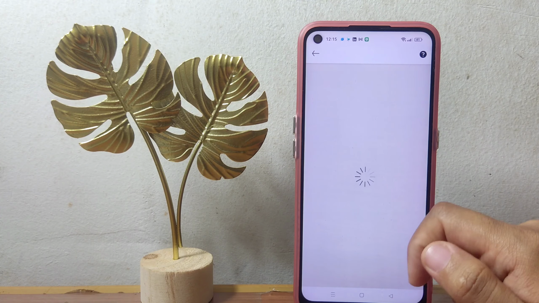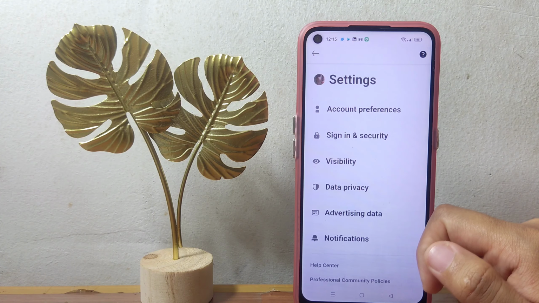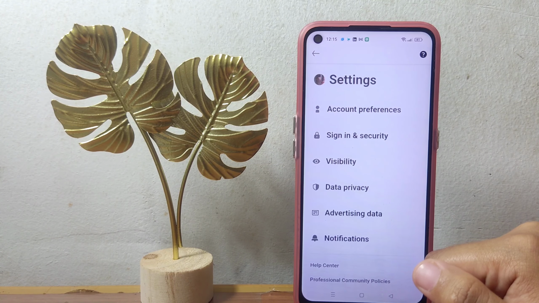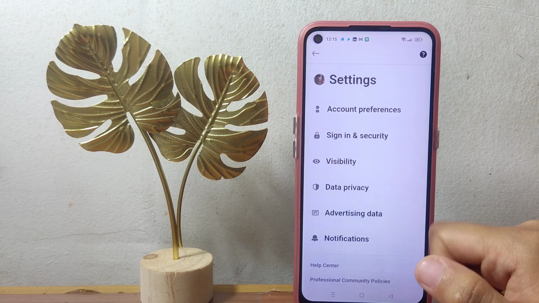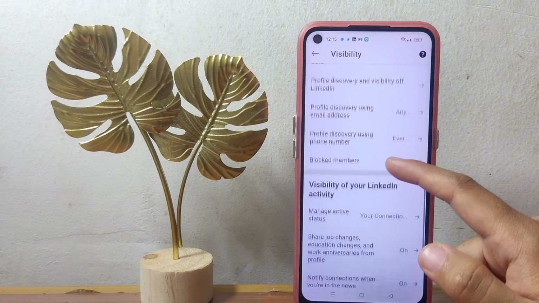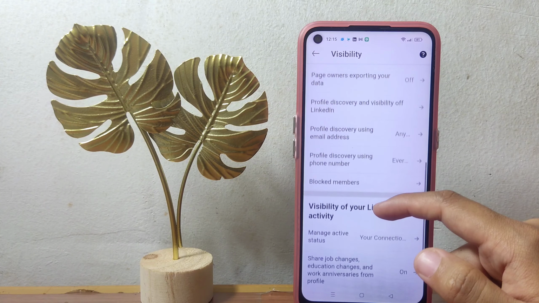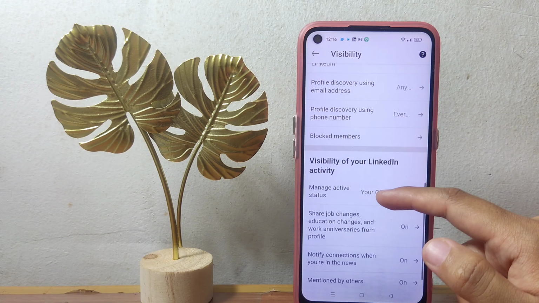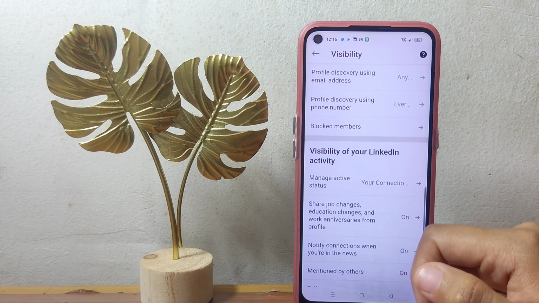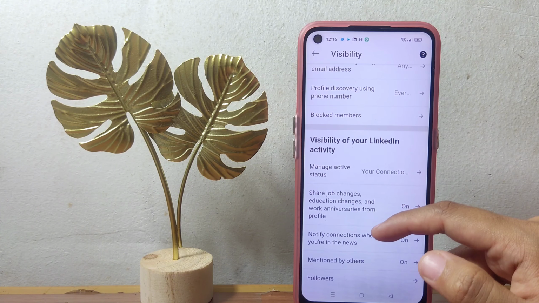And then on the settings page, we'll see the option which is visibility. Just go ahead and tap on it. After that, you just have to scroll down until we find the visibility of your LinkedIn activity. So if you don't want to notify your network when you update your LinkedIn profile, here you just have